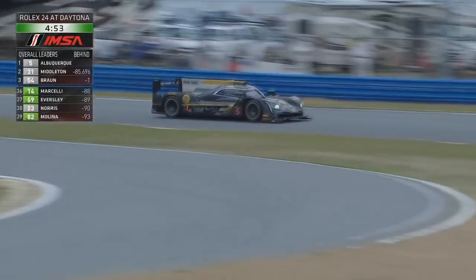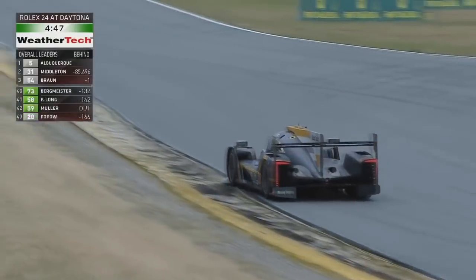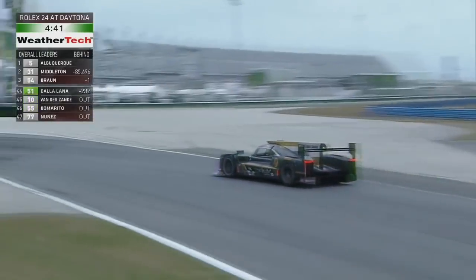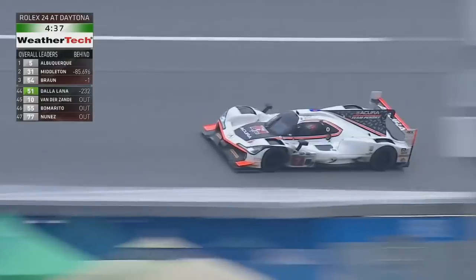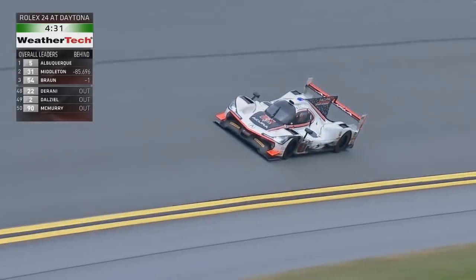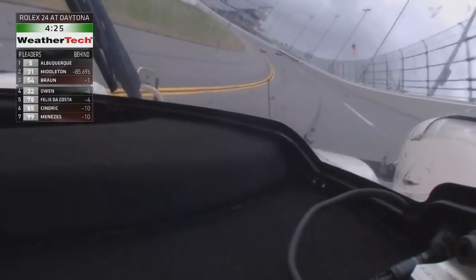Just ticked by 5 minutes to go now. 804 laps completed by the leader. In first place in the GTLM class, still the number 67 Ryan Briscoe-driven Ford GT, and he's got just under 13 seconds from the second Ford GT of Joey Hand. And in the GTD class, car number 11, it's the Lamborghini of Mirko Bortolotti, Grasser Racing. Number 7, Acura Team Penske